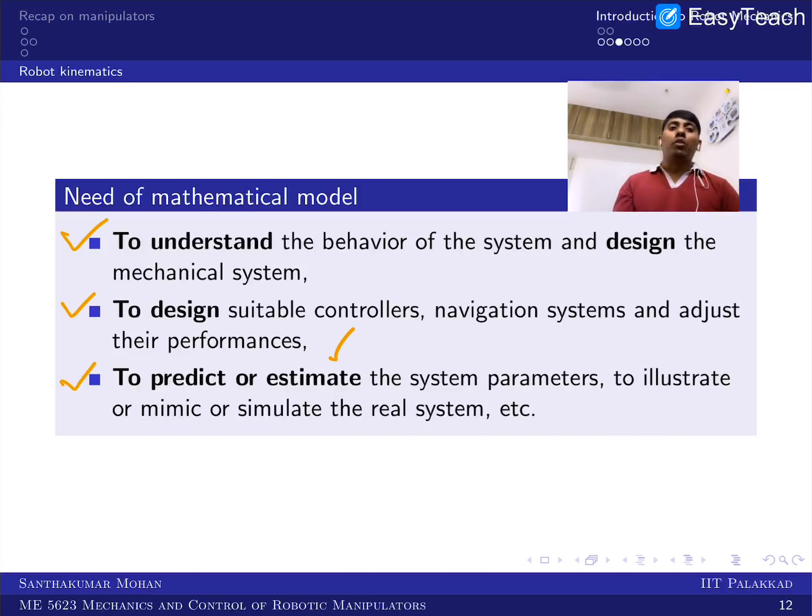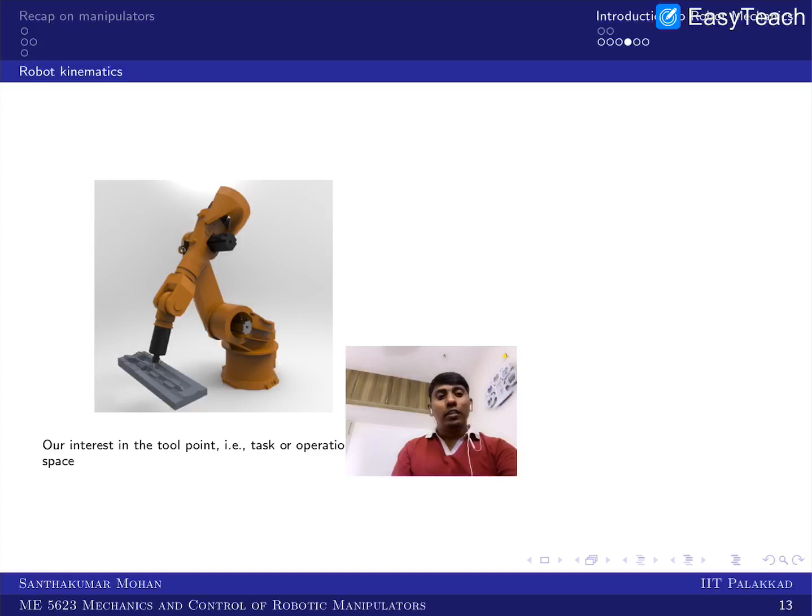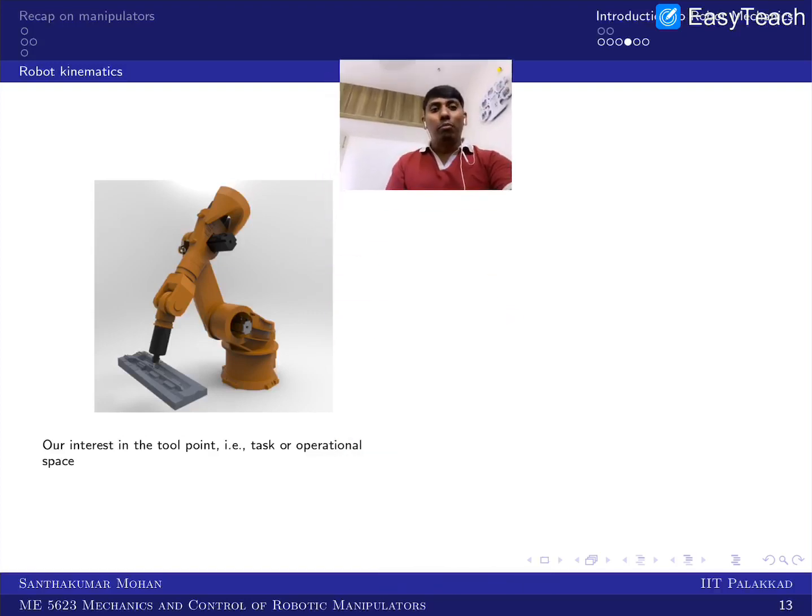So now you can see that there are three key points we have already put. This particular course, the first half, would be more focused on the need of a mathematical model, and how we are approaching it in terms of robot mechanics or robotic systems. That is what we are going to see in the next 15 to 20 lectures. So now we will move further. I am going to give a little more detail.